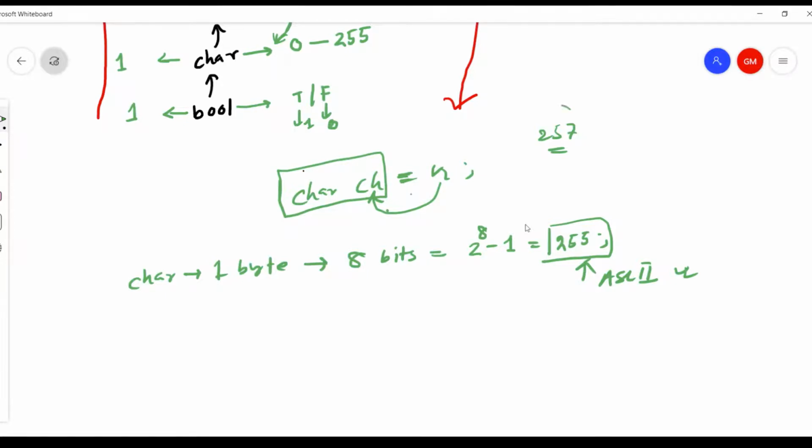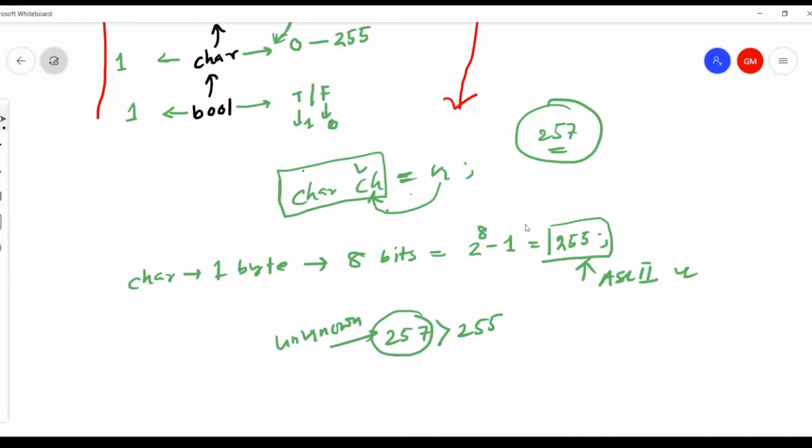Now I want to store 257, which is greater than 255. So this value is unknown to the character variable ch. It will try to assign the value in such a way that it falls within this range.